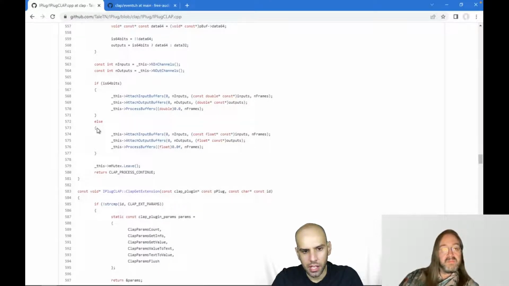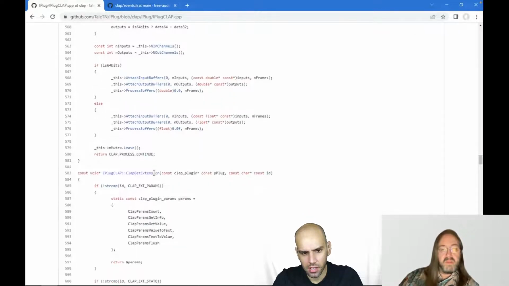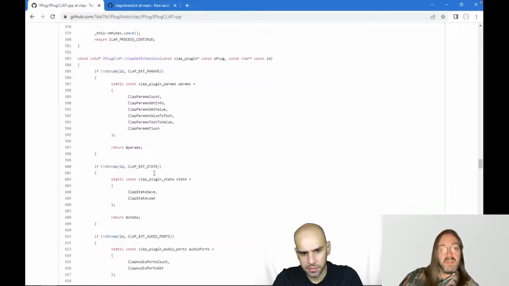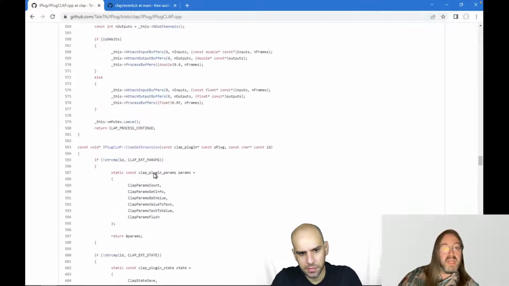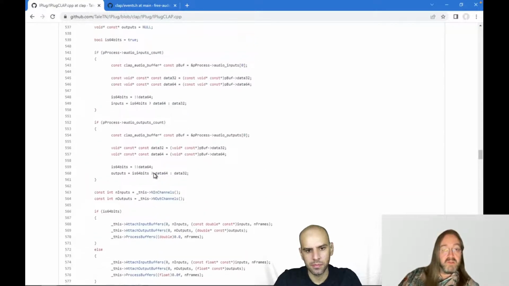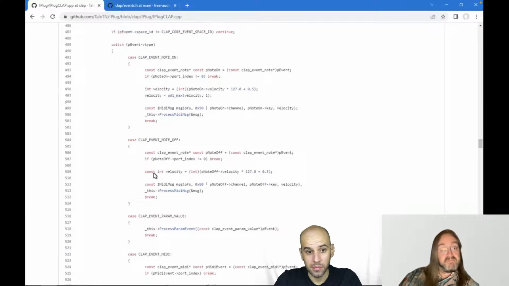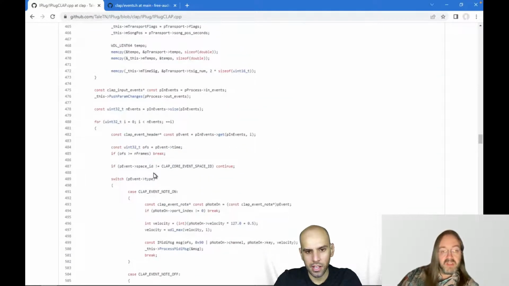And then I guess this is all the glue. Is there anything else that we are missing? Well, not really. There are some details and there's some GUI stuff, of course. But this is the basic function. This is what I wrote first, basically. Because you need this to receive MIDI, you need this to process audio, you need this to process parameter changes from the host.